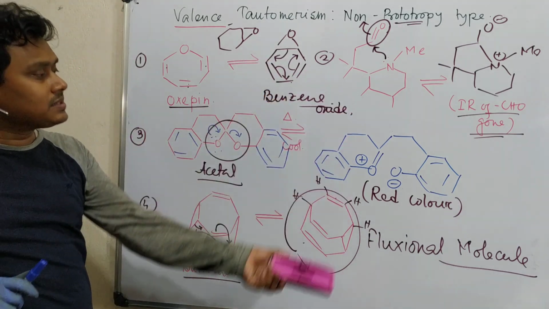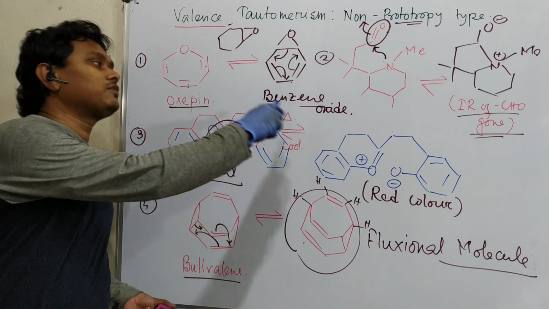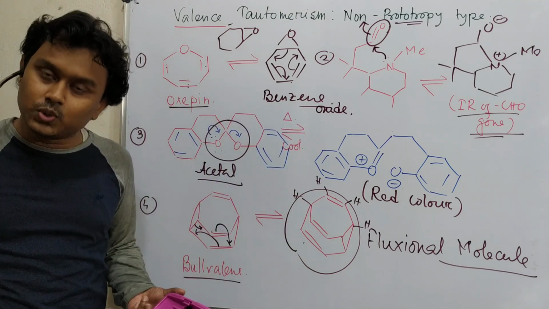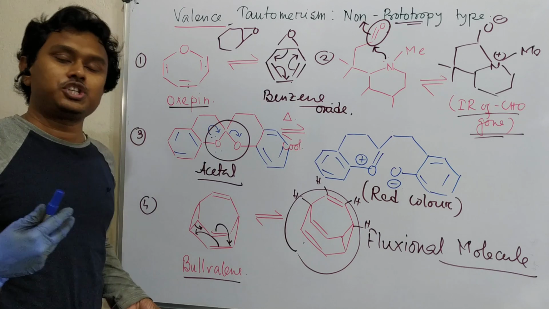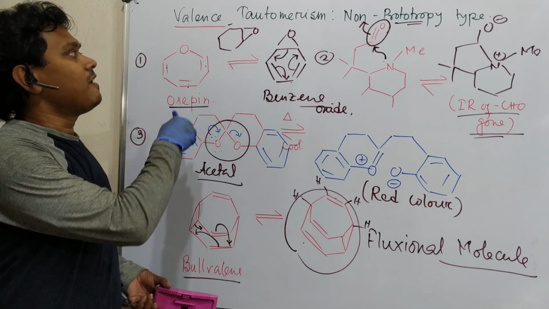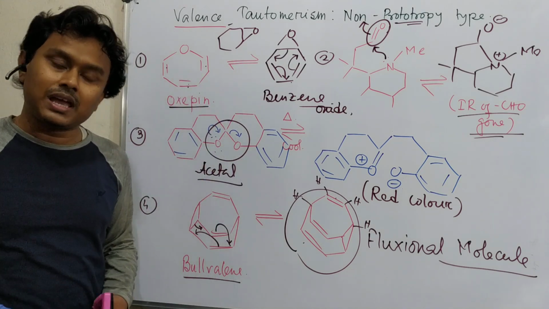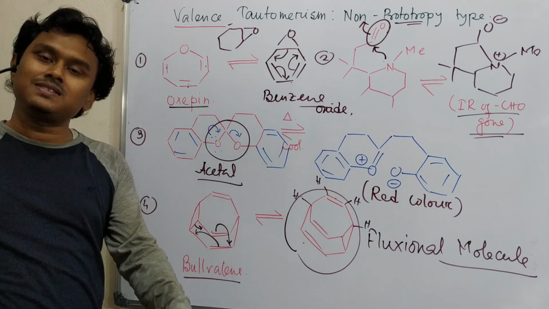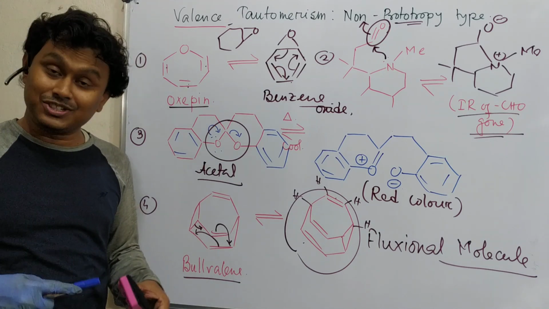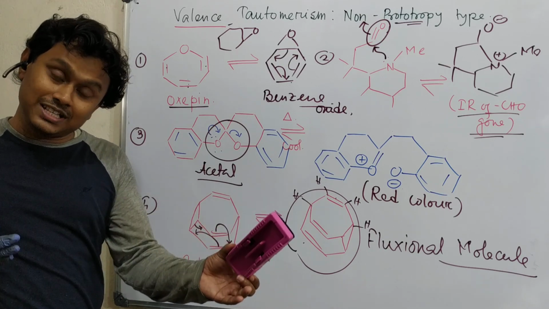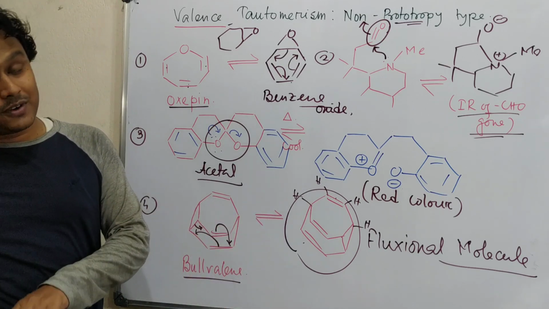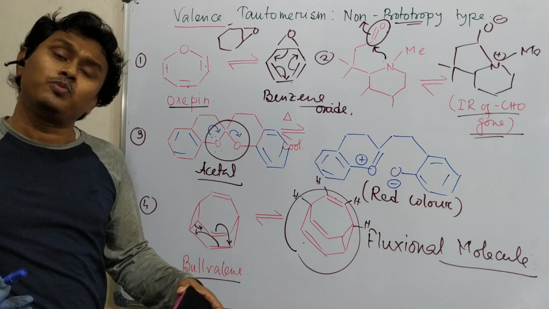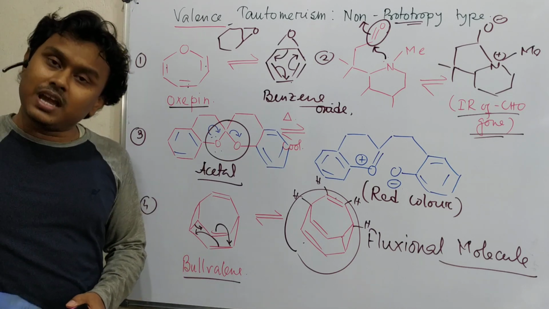Second, we learned a few examples where some observation was obtained during work, and that observation is explained based on this valence tautomerism theory. Actually, they are not a particular chemical change, but some change is there in the bond. So that's an interesting topic. It's an intermediate: the bond is not perfectly breaking, and the bond is not perfectly there either. So you may consider it an in-between thing. Okay, so this is the end of this discussion.